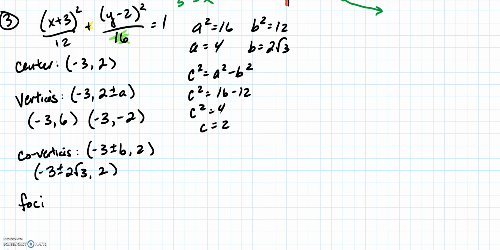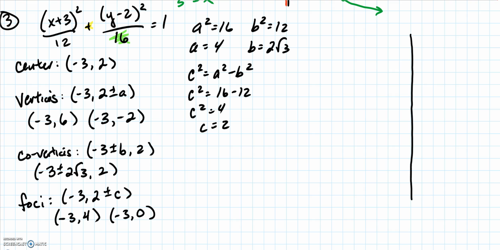And my foci, that's going to be the same as my vertices, but instead of a, it's going to be c. So it's going to be negative 3 and then 2 plus or minus c. So I get negative 3 comma 4 and negative 3, 0. Okay, so if we graph those,